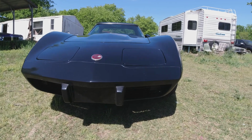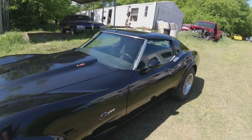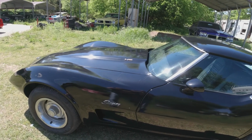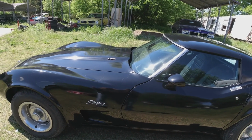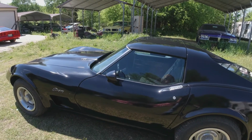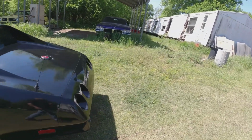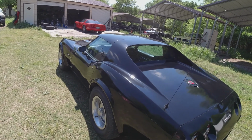There was just tons of stuff. One little thing that just pissed me off was the gauge lights. The headlights, the inside gauges just didn't work. I had to take the whole dash apart, figure out that problem. You know, and I must have worked on it two years off and on after